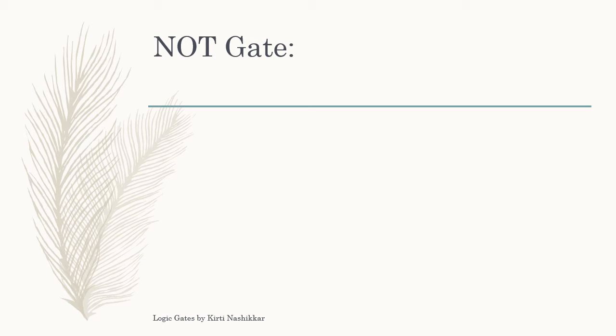Now let us discuss the basic gates one by one. Let us take the NOT gate at first. The NOT gate is also called an inverter, and it inverts the input signal. As we had already seen in the previous section on number systems, if you want to see those videos, the link is given in the I button. You can press the I button and you will get the link of that particular unit where we had already discussed the number systems.